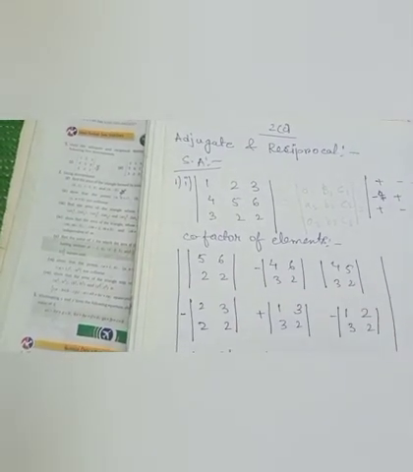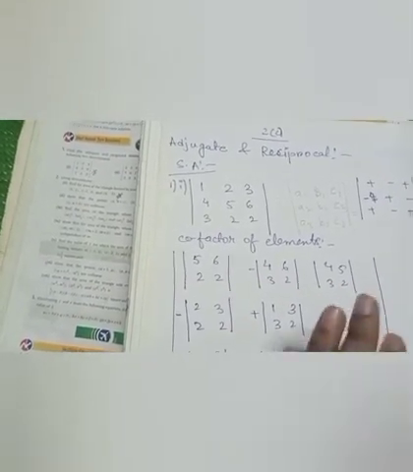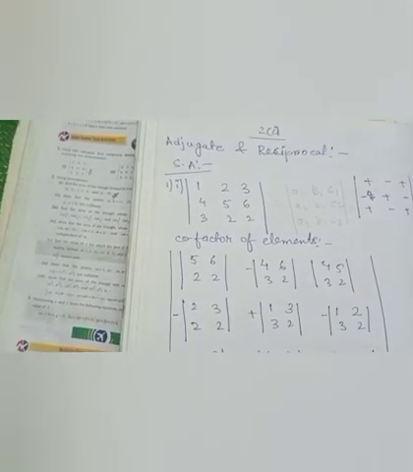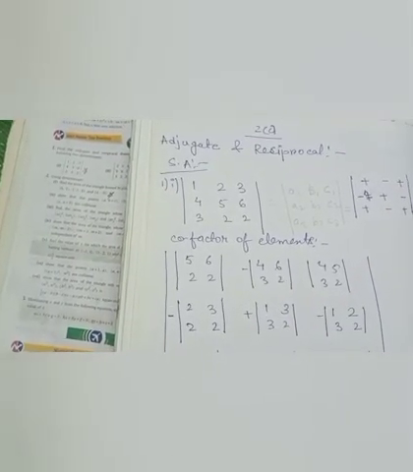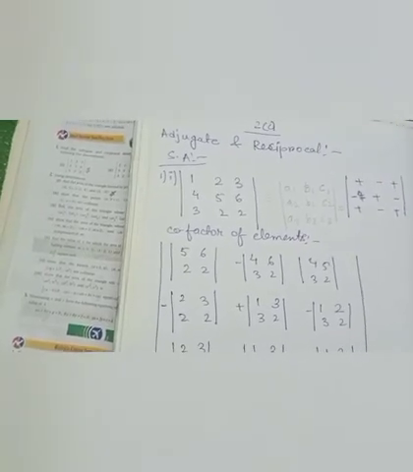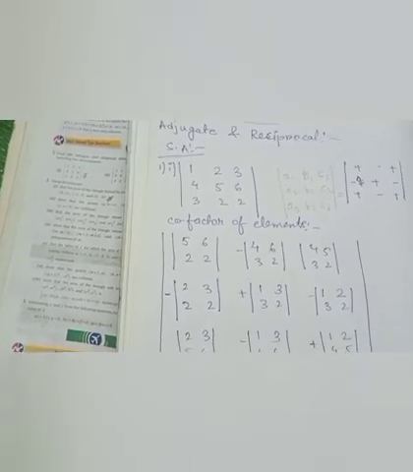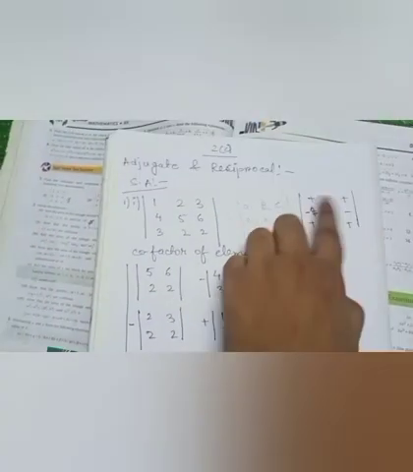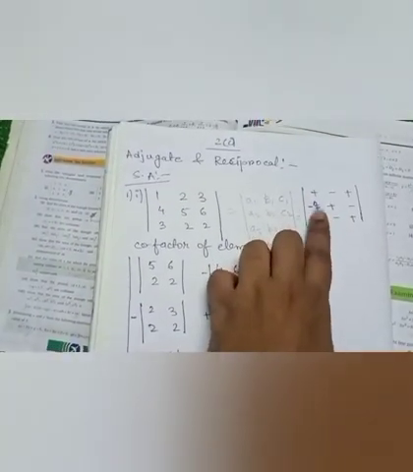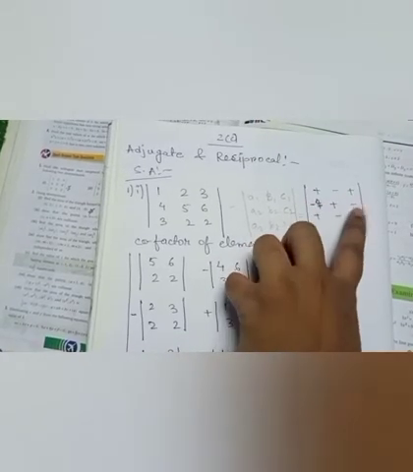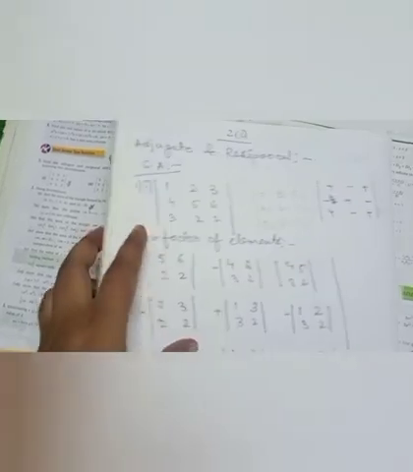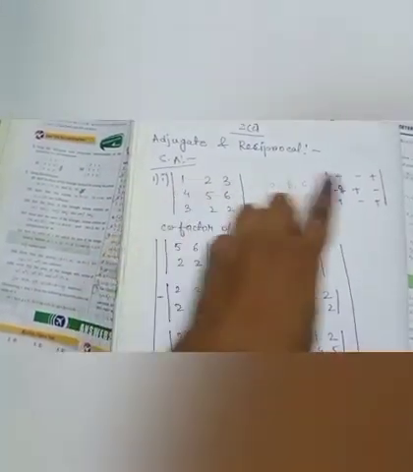Now what is adjugate? Adjugate is nothing but the cofactor of each element of the given determinant. So you have done already how to find cofactor. Again I am telling you, so you know this sign. In the last I told you plus minus plus minus plus minus plus minus plus when you are finding the cofactor.